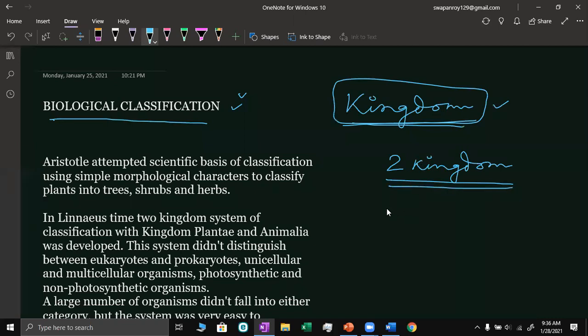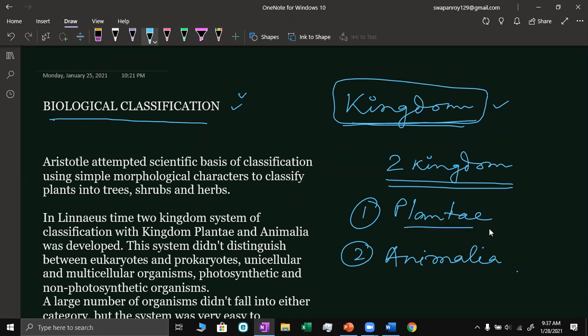In the two kingdom system, there is a kingdom Plantae, number one, Plantae, and number two is Animalia. This kingdom Plantae is the plant kingdom, and the animal kingdom. Okay, these two kingdoms were there, and this was developed during the Linnaeus time. And this is, of course, still in practice. Of course, a very popular system of classification, and all the organisms were divided into two kingdoms,